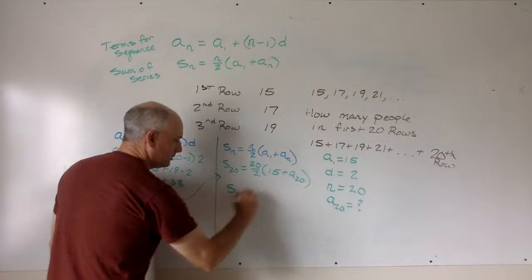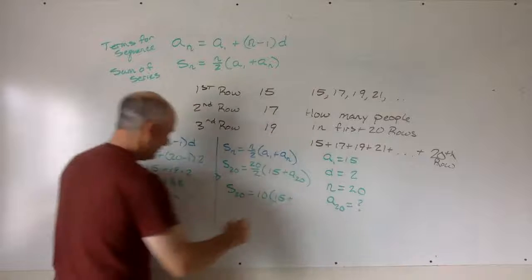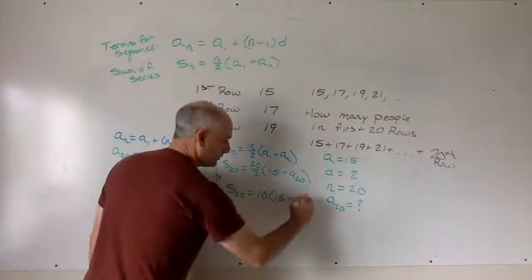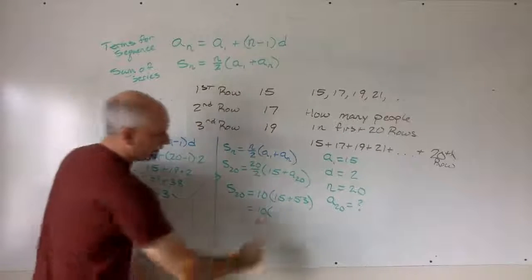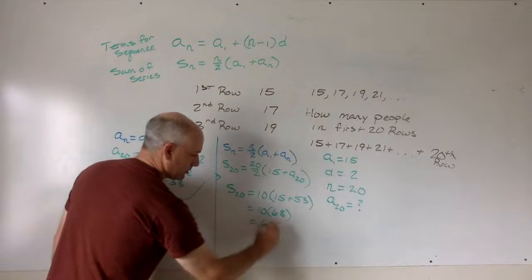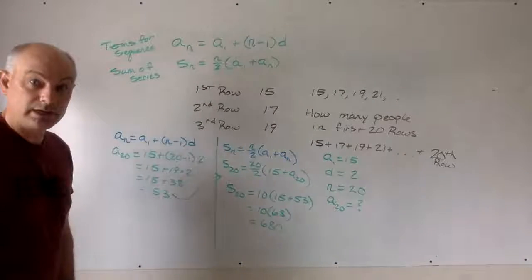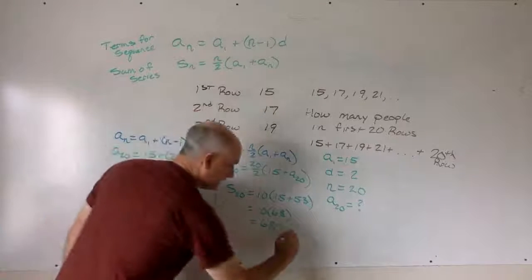So S sub 20. 20 over 2 is 10, and 15 plus 53. So it looks like 10 times, what do we have there? 68. So we get 680, but don't forget, application problem, get your label, 680